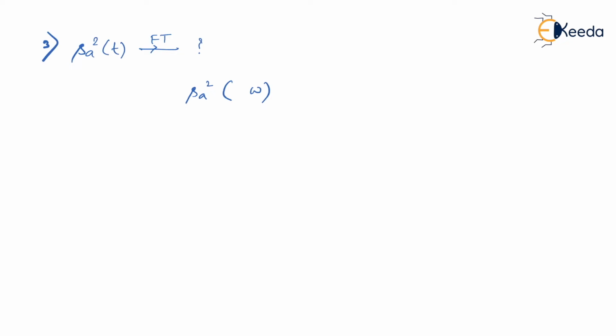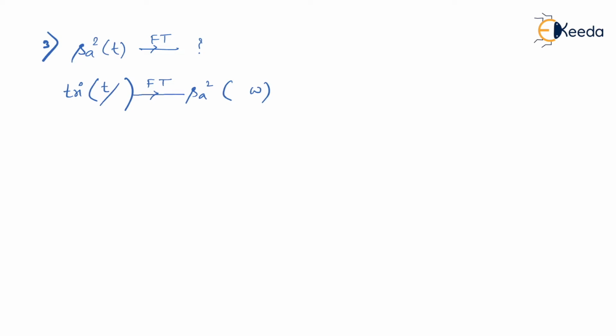So there are again two things which we observe. First of all, we know that a sampling square omega is a Fourier transform of a triangular function. You know that whenever you have a rectangular function, you get the Fourier transform as a sampling function. But if you have a triangular function in the time domain, then its Fourier transform is always a sampling square. And if you don't know, I request you to watch a previous video where I have explained this. So if you want to get a sampling square function, definitely you must have a triangular function with you. Am I right? A triangular function of t divided by, we write a half width.